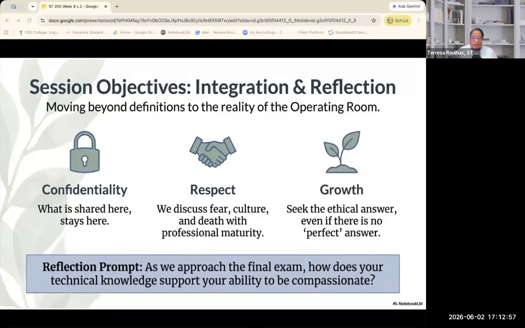Silently to yourself, and tonight, because of how thick the conversation is, I'm going to be asking you to think a lot silently to yourselves, okay? So, when you feel technically prepared, you're better to answer to yourself, okay? You're not just preparing to pass an exam. You're preparing to carry yourself well in moments that matter. That requires both skill and humanity.